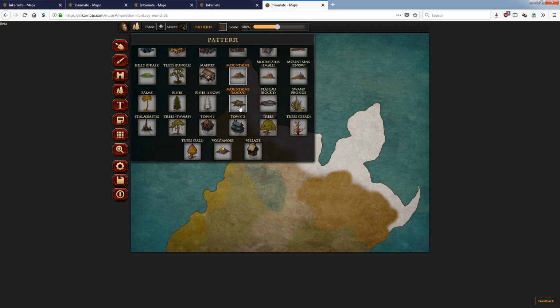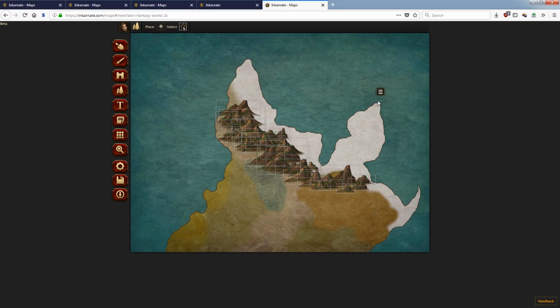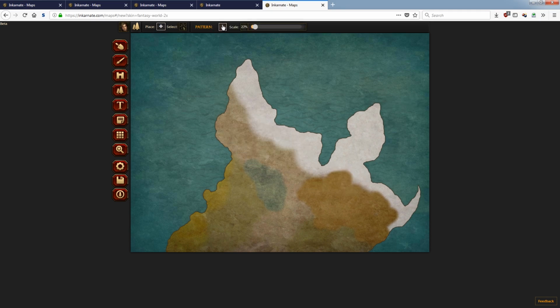Fair note, this is only available in the Pro mode, but frankly, the normal mountains are also fairly beautiful. I usually go down to a size of about 50 for mountains and other stuff like that. And yeah, just painting in that stuff already looks pretty decent. Go down the size another bit, add some foothills, some smaller mountains. So that looks beautiful all by itself, but as I mentioned before, I'm gonna pick the wonderful Rocky Mountain pattern, not texture,